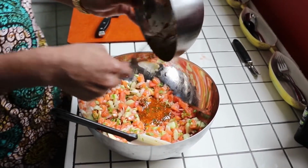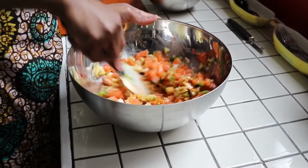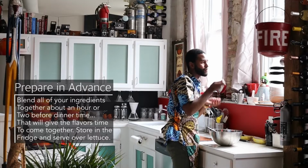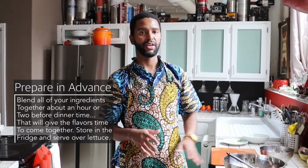This is very similar to a poke bowl. This could be a salad that you would use in a poke bowl application. I'm going to blend this all together, mix it very thoroughly. So I'm just going to taste this. Fantastic. Okay, so I'm going to seal this up, put it in the refrigerator, and we're going to move on